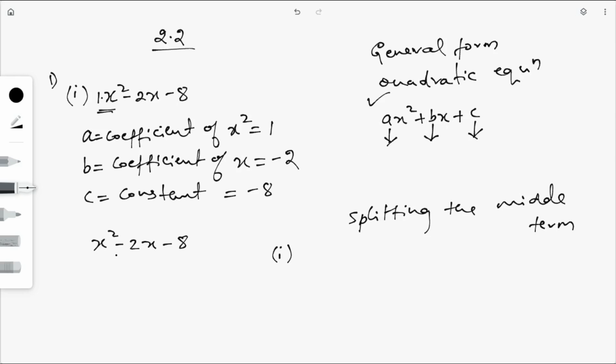So here this expression is in standard form. So the first step is multiplying the first and last terms, that is x square into minus 8. So if I multiply x square and minus 8, we get minus 8x square. So this is our first step. After this, the second step is important. So what is the second step? We need to split this minus 8x square in such a way that by multiplying these two terms, we should get minus 8x square, and by adding or subtracting these two terms, we should get the middle term, that is minus 2x.